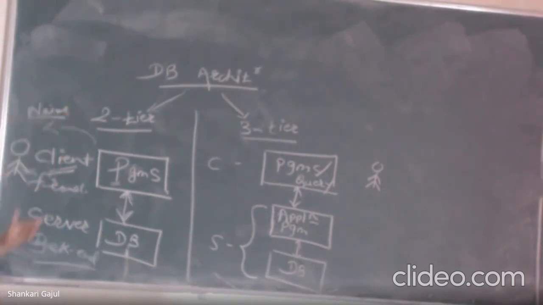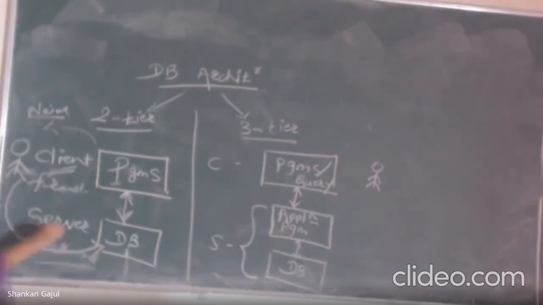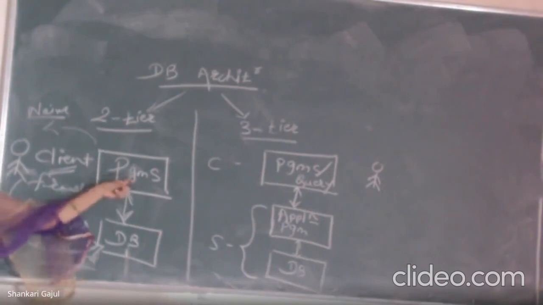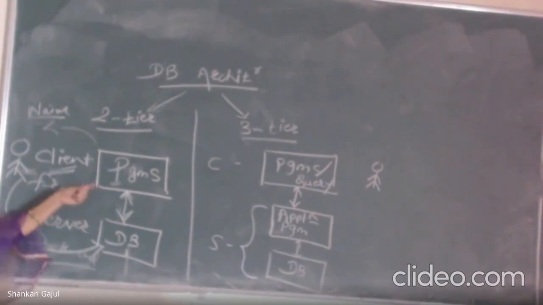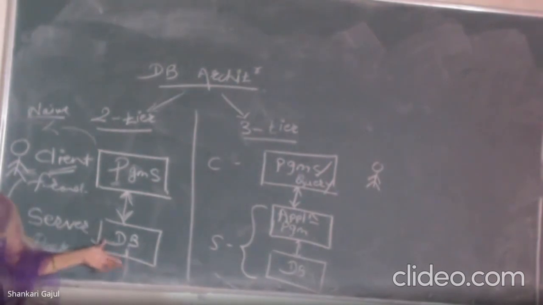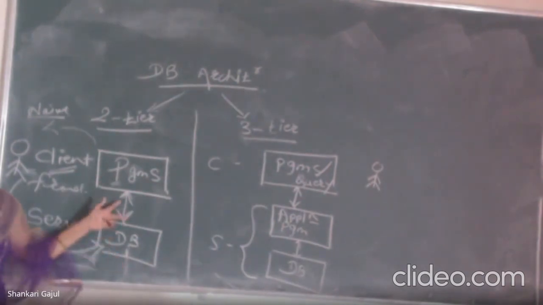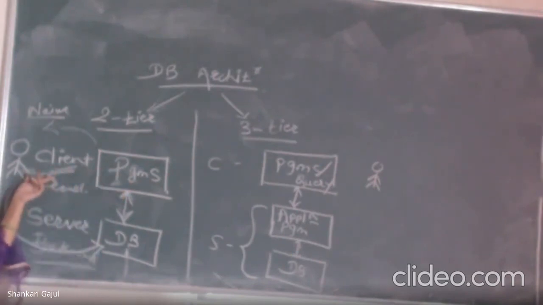Okay. So just now we have discussed what the database users are. The new user can directly interact with the system by using the application program. In the two-tier architecture, the database is on the back end, on the server side. For accessing the data, the user will directly interact by using the program, which is on a client machine, so it is on the front end.